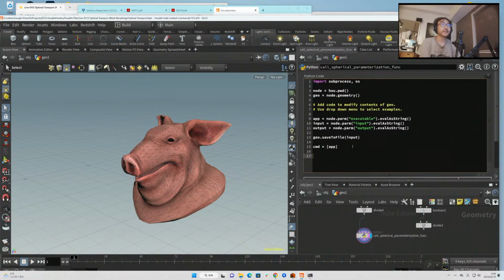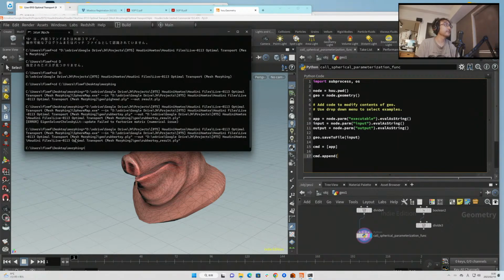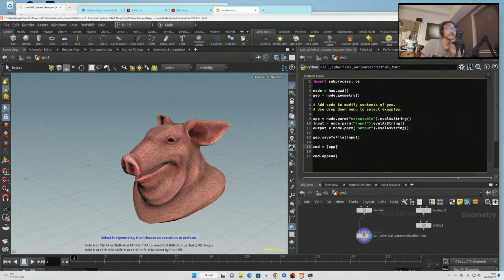Now, after this, I'm going to append all the arguments we need. In this case, we are using two arguments. One is the in argument, and one is the out argument, together with the file paths after the in and out. So first we have in,